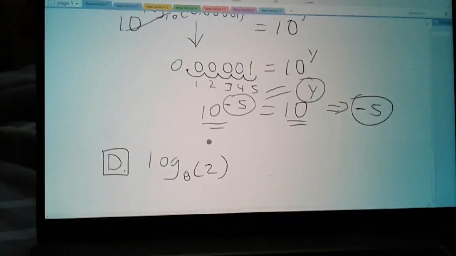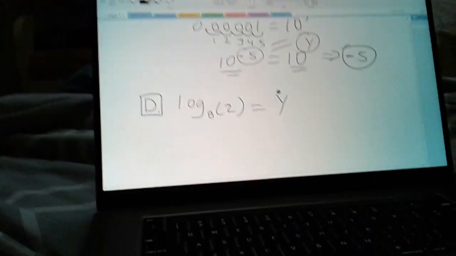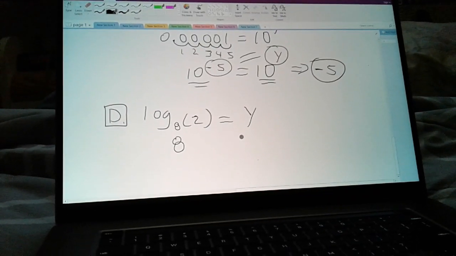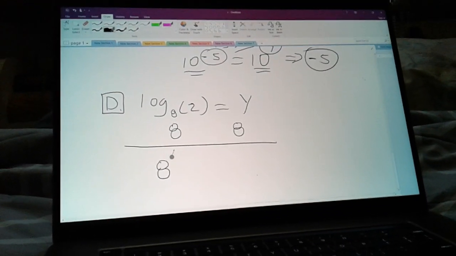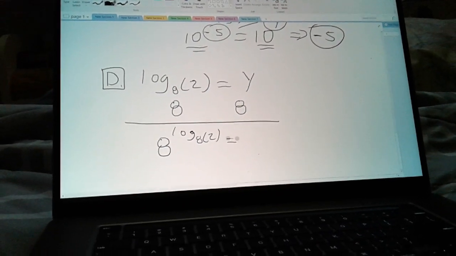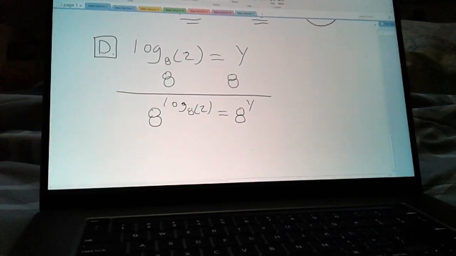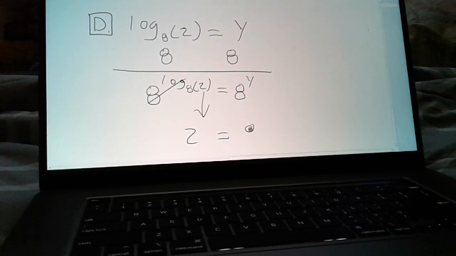Part D. What if I tell you log base 8 of 2? So my base is 8, my argument is 2. Who cares? Set it equal to y. My base is 8, so I'm going to raise the left and right side to that base. So I'm going to have 8 to the log base 8 of 2 equals 8 to the power of y, like this. I know that 8 and log 8 will cancel out, leaving me with this argument: 2 equals 8 to the power of y